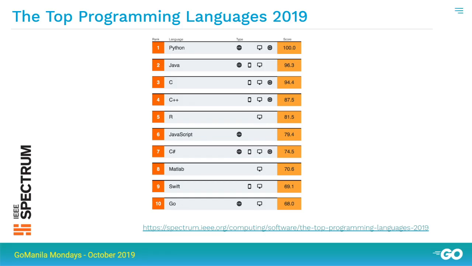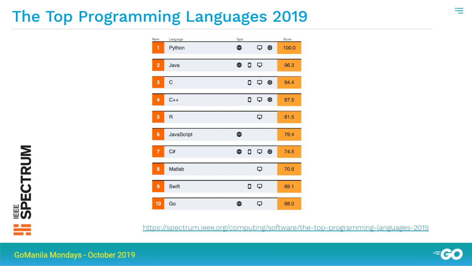And we also have the IEEE Spectrum. They use a different algorithm to try to figure out what the best languages are. They actually change it from year to year, so I don't like to compare the IEEE Spectrum index from one year to another. But they use factors like ease of use, the number of projects that have been using it, the companies that have been using it. So they use a series of other factors, not just searches on Google and the number of projects on GitHub. So this is also a good way to see how popular a language is.